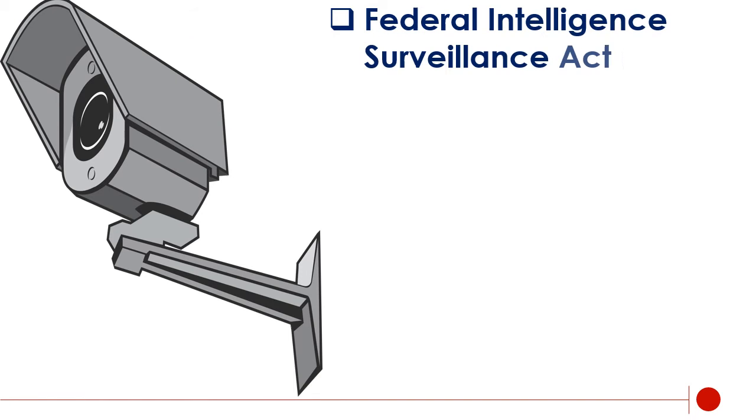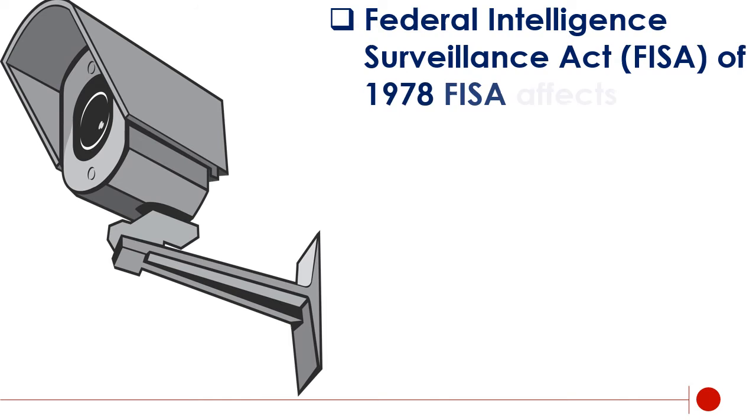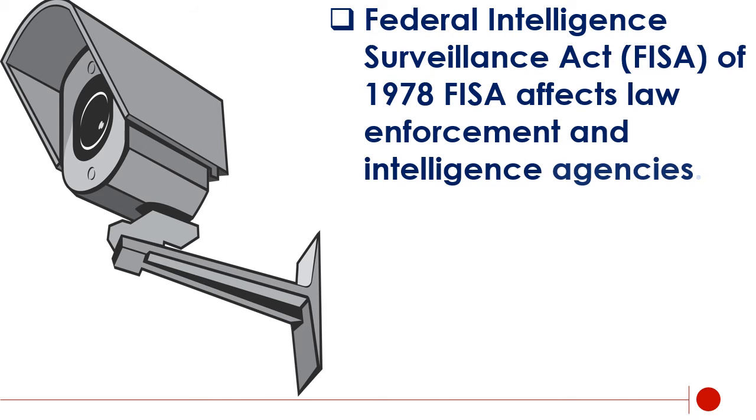Foreign Intelligence Surveillance Act, FISA, of 1978. FISA affects law enforcement and intelligence agencies. It was the first act to give procedures for the physical and electronic surveillance and collection of foreign intelligence information between foreign powers and agents of foreign powers, and only applied to traffic within the United States. It was amended by the USA Patriot Act of 2001, the FISA Amendments Act of 2008, and the USA Freedom